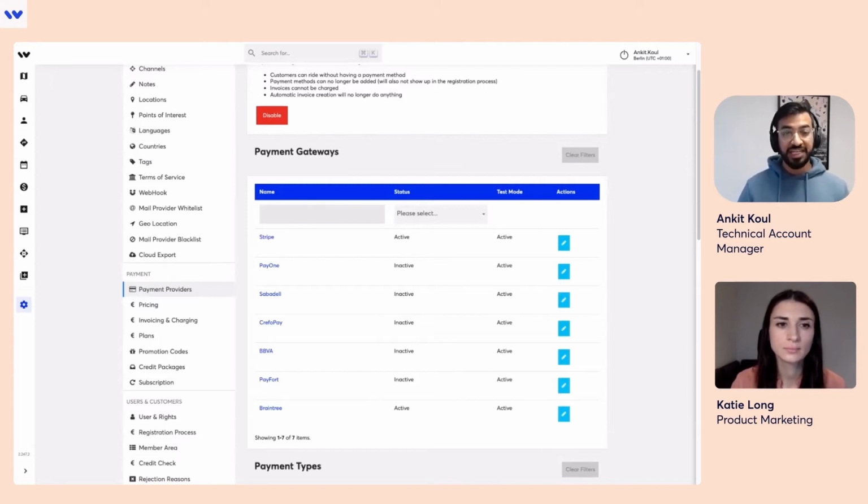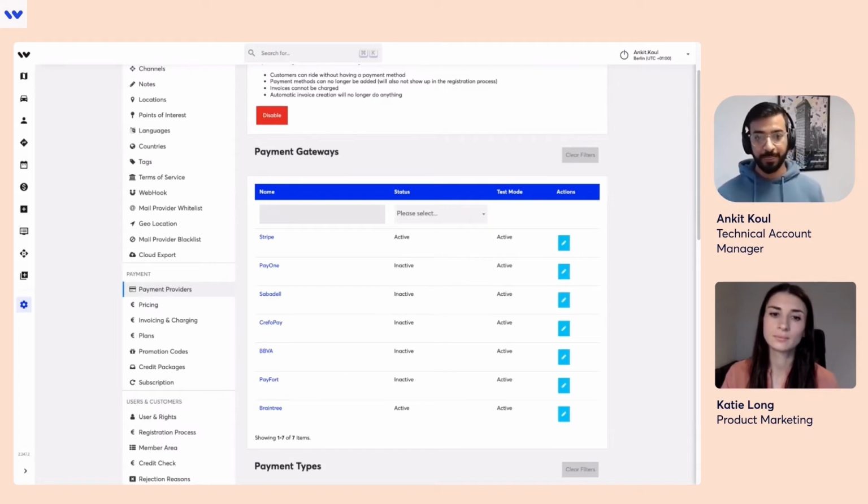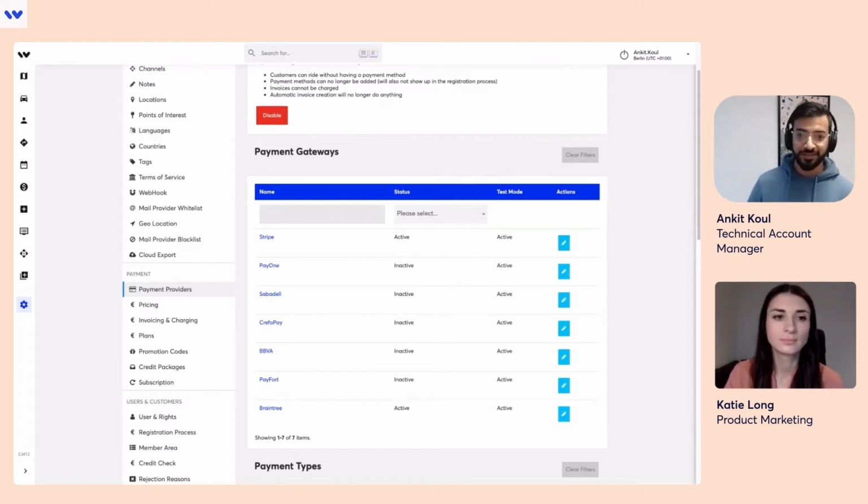So let's say in each payment gateway, we require the API keys to establish a channel for communicating with these gateways. This also brings us to step one of configuring the payment provider settings, which is an action item on the operator side. So basically, the operator has to create an account with one of these payment providers that you see here. And based on that, we configure the whole setting of the payment provider.